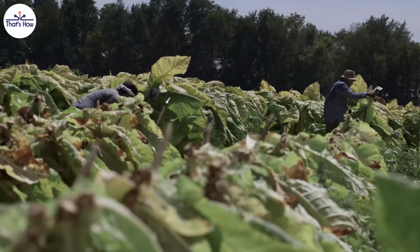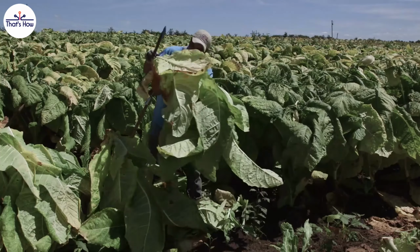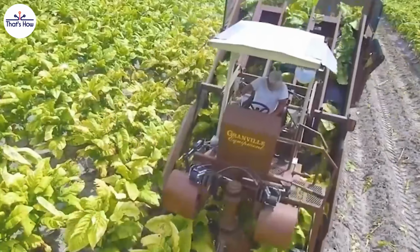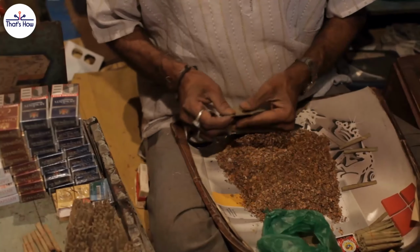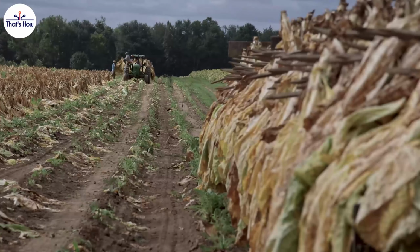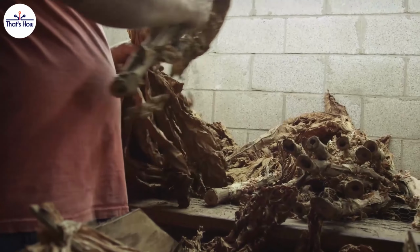Harvesting is a precise process. In some regions, skilled workers carefully hand-pick the leaves to avoid damaging them, while in larger operations, automated cutting machines are used to speed up the process. Only the highest quality leaves are selected, as they will directly impact the final product's flavor and smoothness. The harvested leaves are bundled and transported to curing facilities, where they are prepared for the next stage of production,